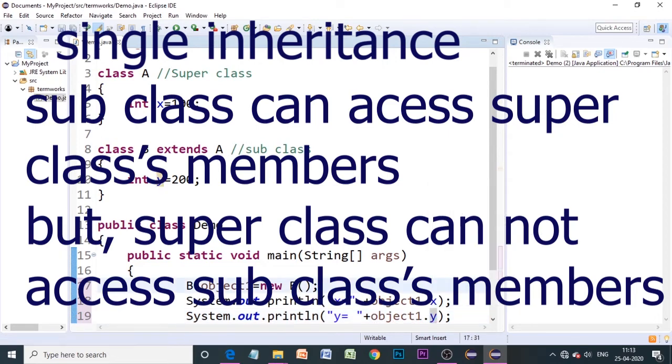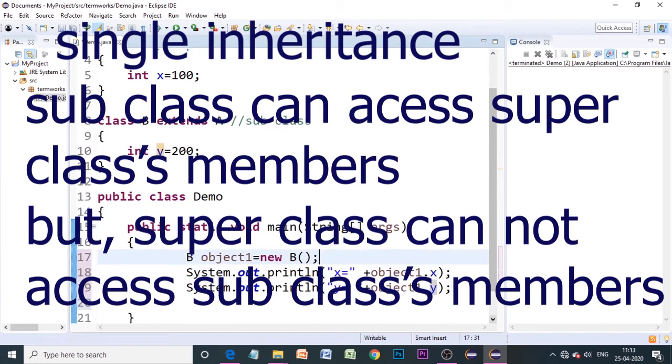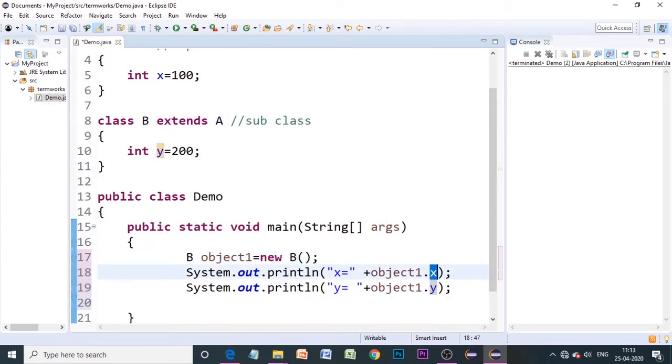Look at this. One more observation is, we know that x is present in class A and y is present in class B, and we have created an object of class B, but using this class B's object I am able to access both the values of x and y. So how is this possible?